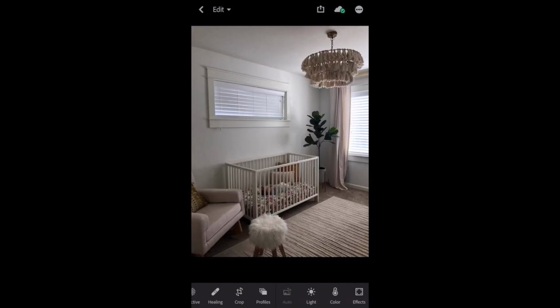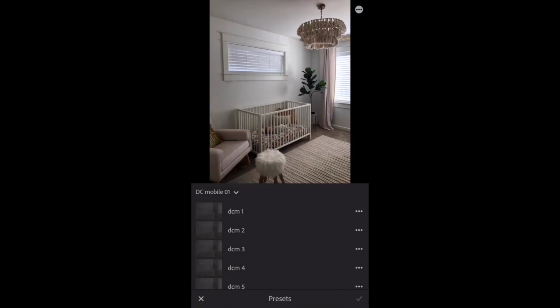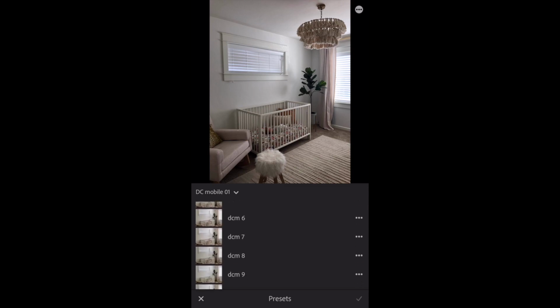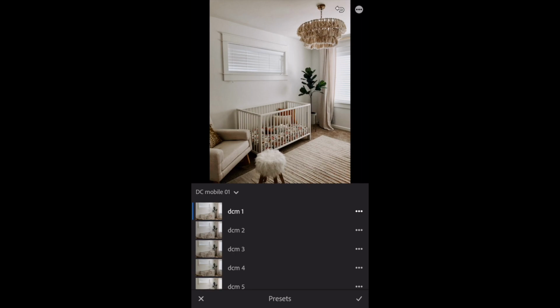In this video, I'm going to be showing you how I use these presets to edit my mobile photos. So we're going to show a couple different techniques, and I am going to start with an image that's pretty easy to edit. And typically, I would hope that this is how most of your editing goes. I would start with the preset and just select one that looks the best as a starting point. I'm just going to start with the first one, but typically I would go through and see what all of